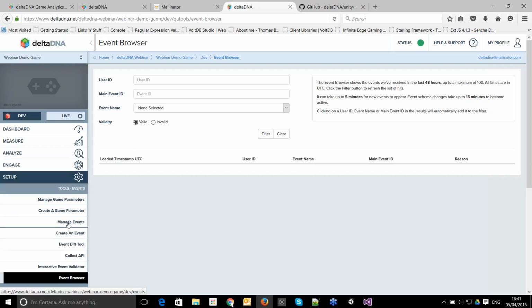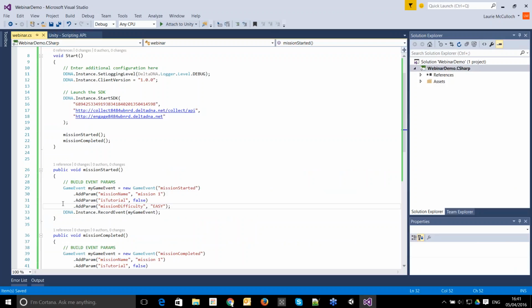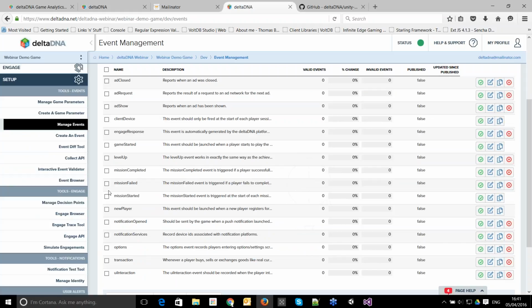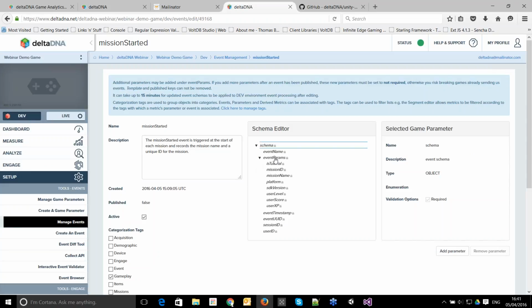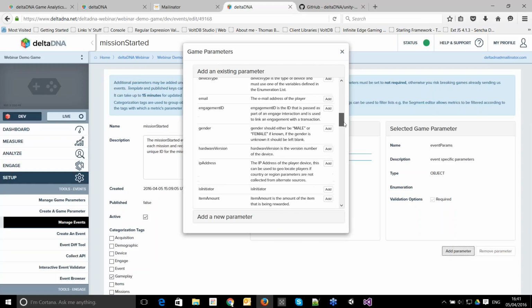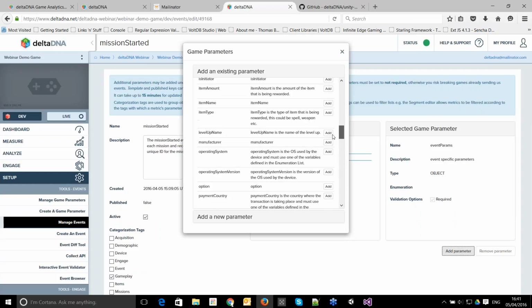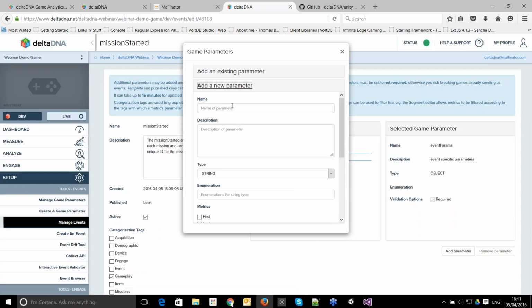The way we can fix that, we could either go back into our code and rip out that mission difficulty bit, but we want to track that. That's a useful thing. So what we're going to do, let's go into mission started, the event. We'll edit it, and within the event parameters block, we're going to add a new parameter, and this is showing us a list of all the parameters that already exist in my game, and I know that mission difficulty is not in that list,